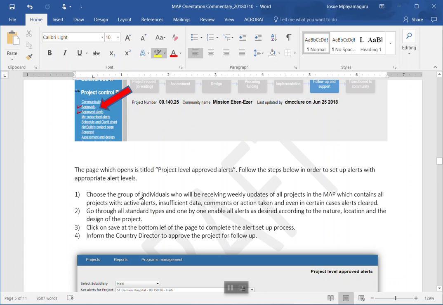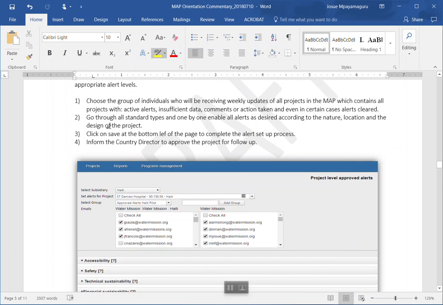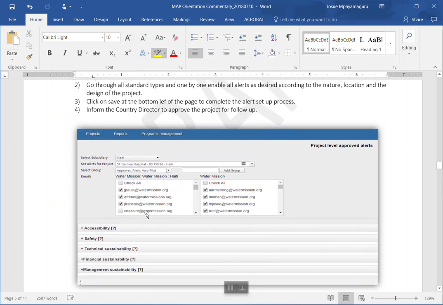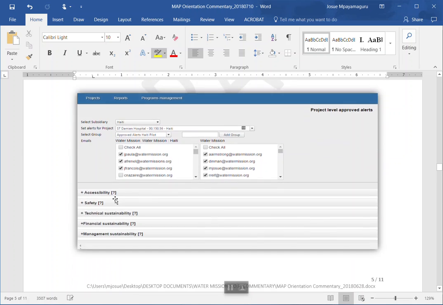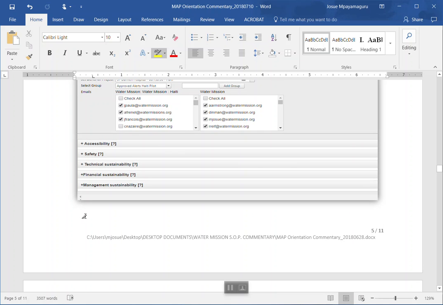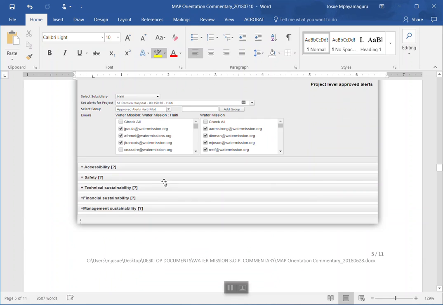Choose the group of individuals who will be receiving weekly updates. This is the list of individuals who should be receiving weekly updates. Next, go through all standard types. Standard types are referred to by these different tabs. And lastly, save. There is also a tab at the bottom that will be selected. I will show you that. And then later on, you inform the country director for approval. So let's go through that